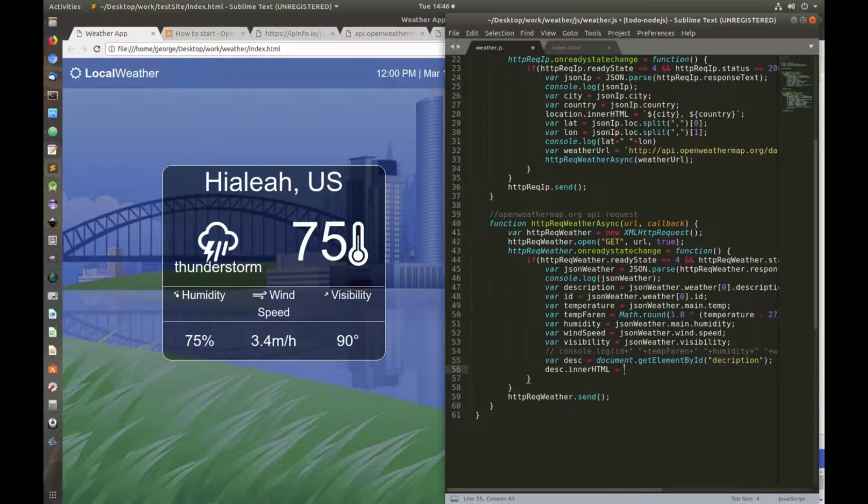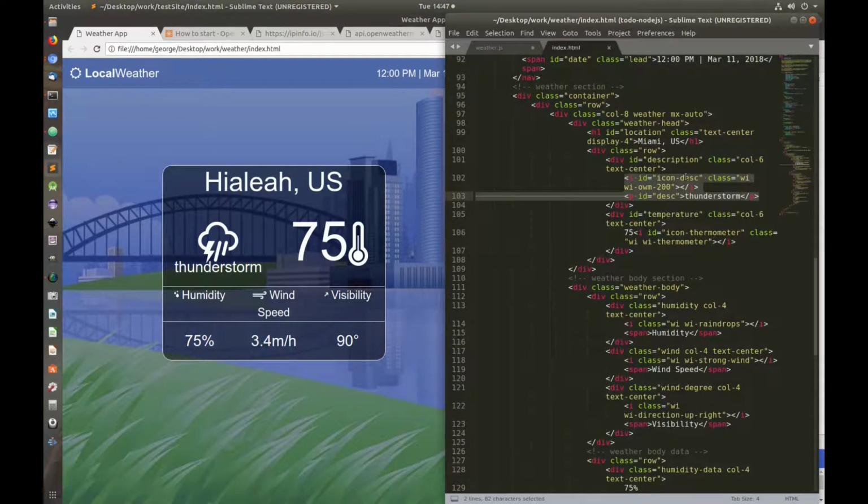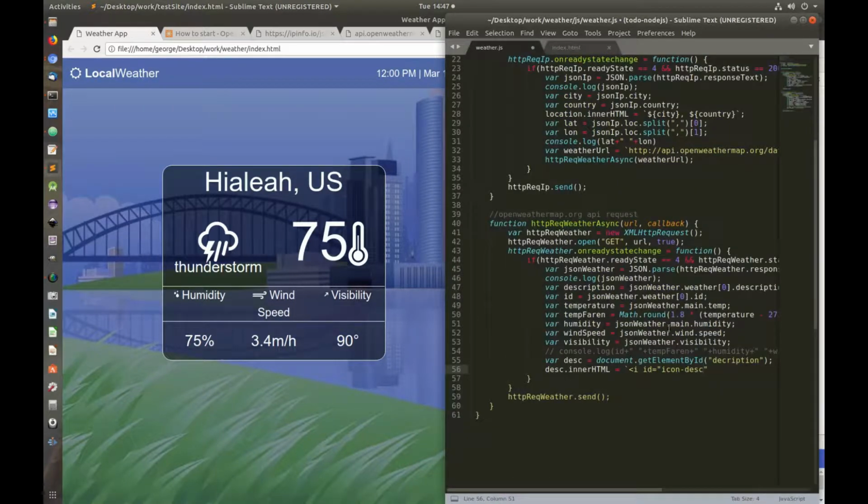So I'm going to change this to description, and I'm going to come down here, and I'm going to use backticks, and I'm going to say icon ID of icon description, which is this icon here, just the icon with the description. That is where I'm going to use the ID that I grab here, which is the ID of the weather description. So I'm going to say dash ID,